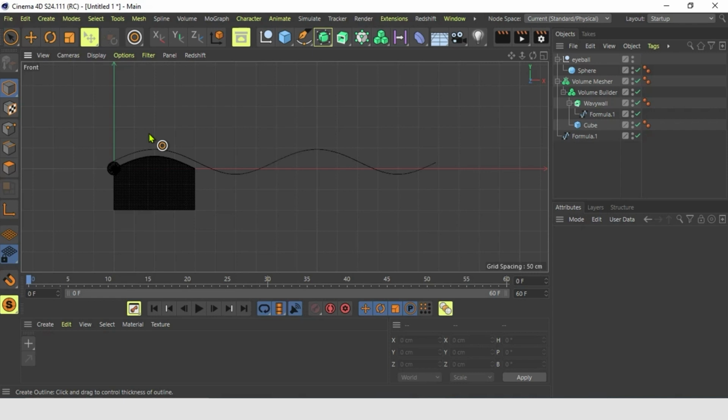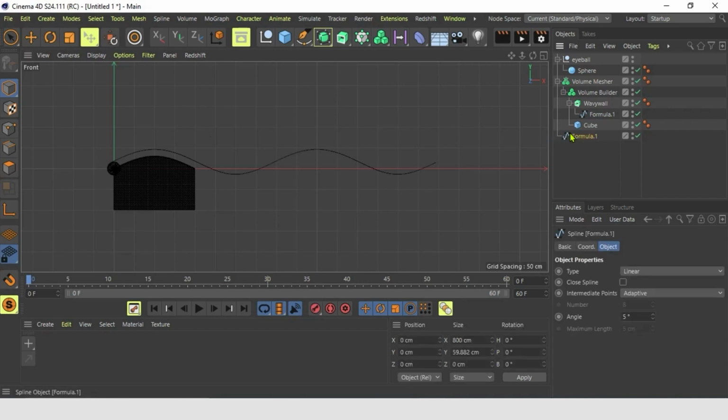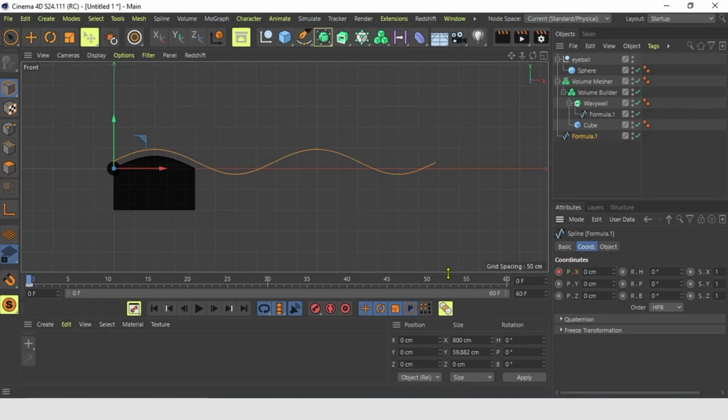Now we want to move this line also across in the scene, like our wavy wall. So we go in here, coordinate X on 0 and we go to 60, and we want to move it also minus 400. We come to the same cycle and we make a keyframe. Now we have this offset wavy line moving with our wavy wall.